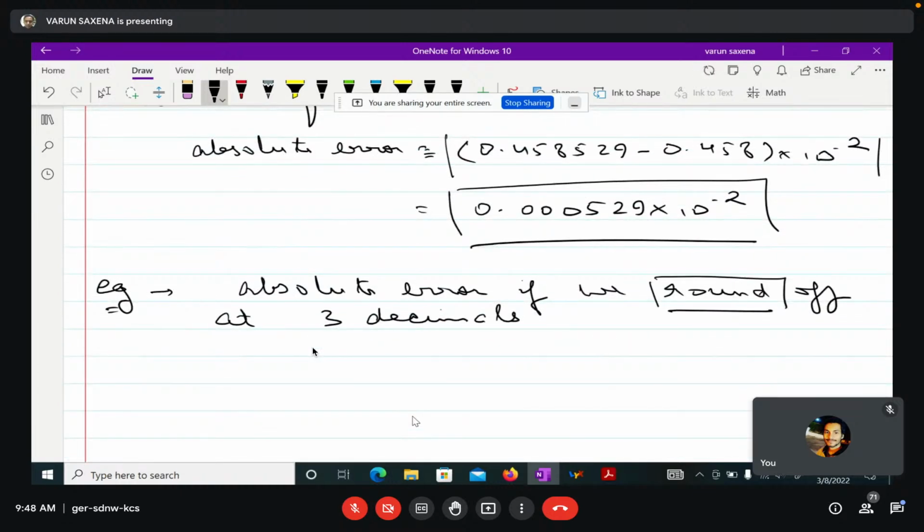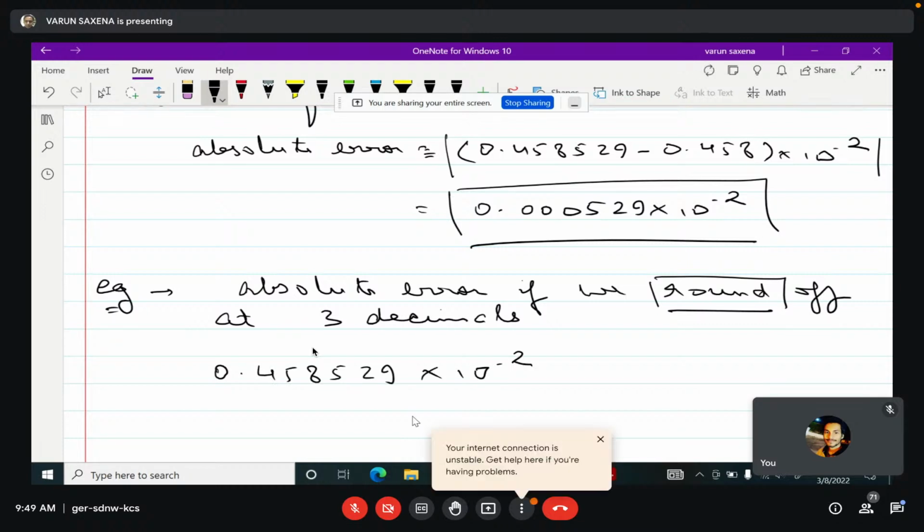So the number we had in the normalized form was 0.458529 into 10 to the power of minus 2. Now when we are rounding it off to 3 decimals, these are the 3 decimals, but while rounding off, if you remember, we look at this value here as well. If it is greater than or equal to 5, we just add 1 to the preceding value, otherwise we let it be. So the round off value,